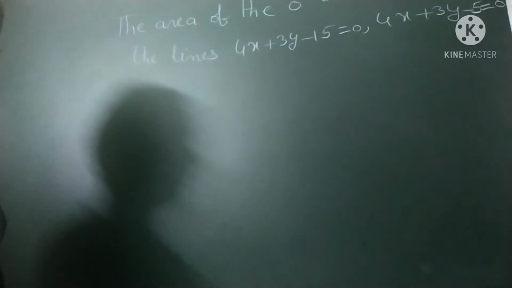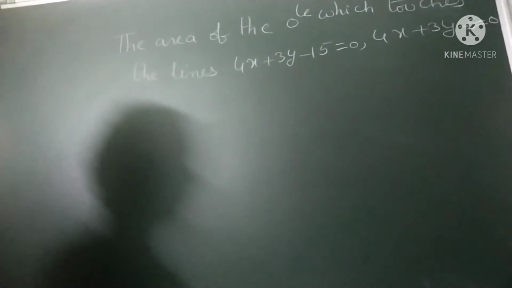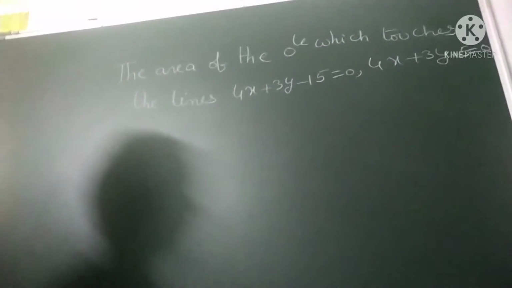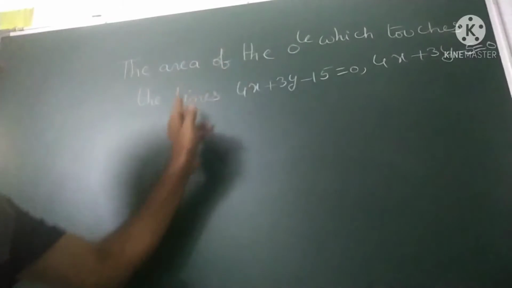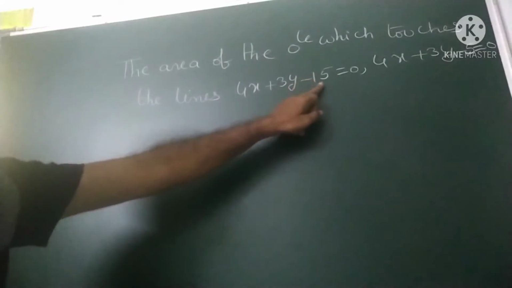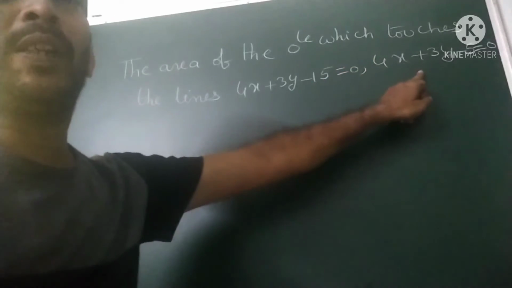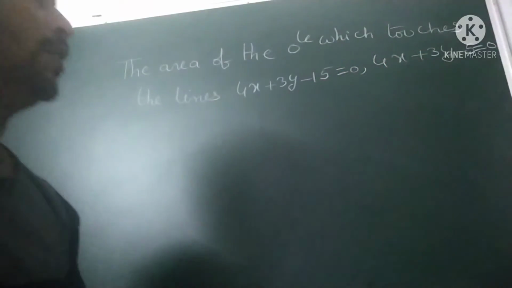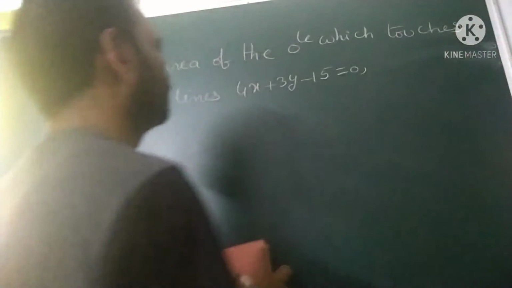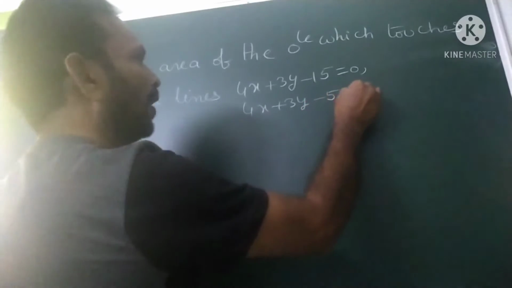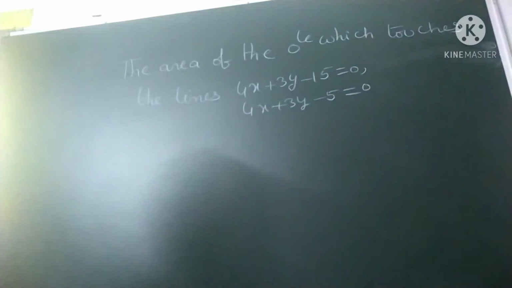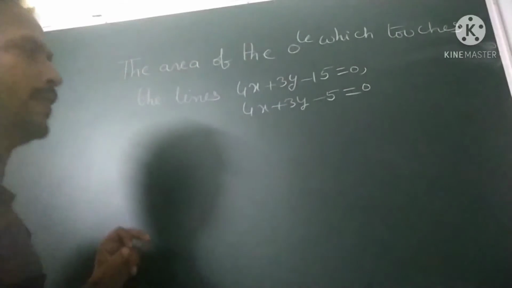So children, observe that the area of the circle which touches the lines 4x plus 3y minus 15 is equal to 0 and 4x plus 3y minus 5 is equal to 0. Observe the equations. So a circle touching these two lines means